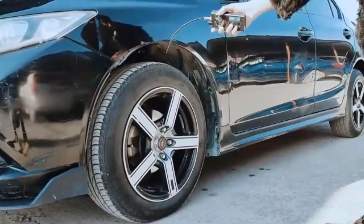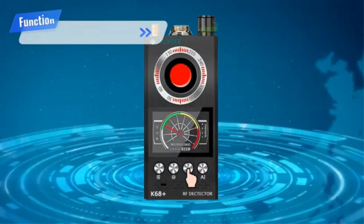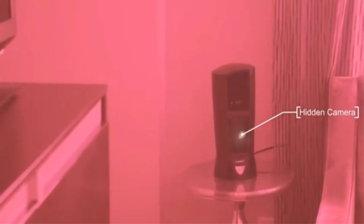Ideal for use in various settings such as homes, offices, hotels, or during travel, this device ensures that your environment is free from unauthorized surveillance. Equipped with advanced detection technology, the K18 Plus functions as a spy camera finder, bug detector, and magnetic field detector,